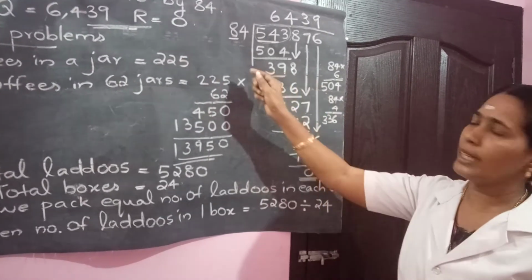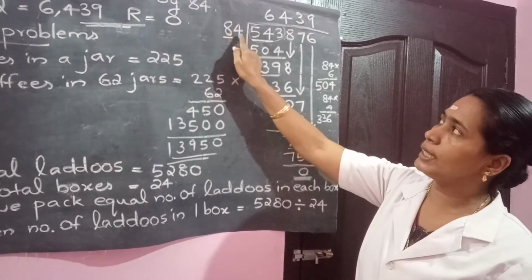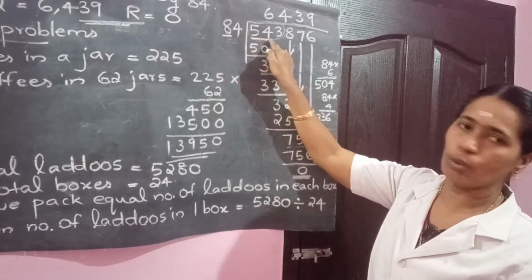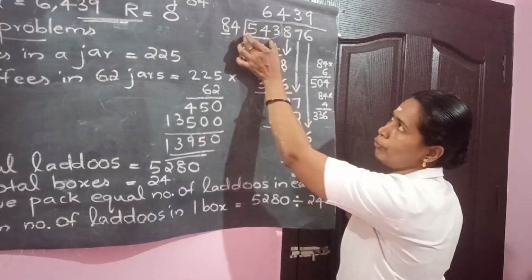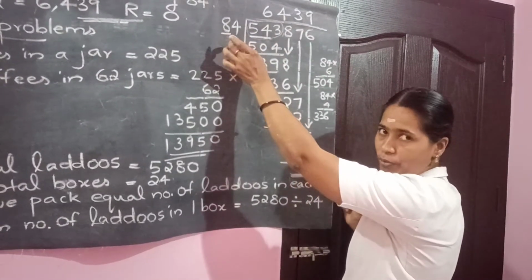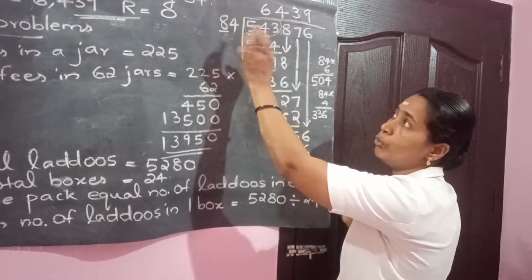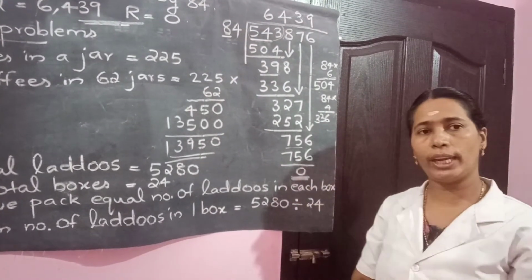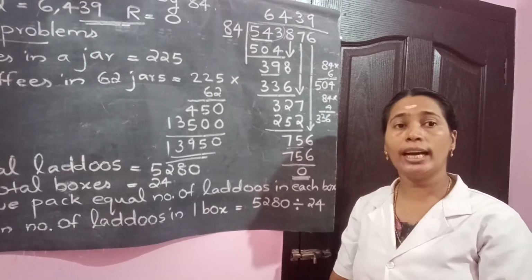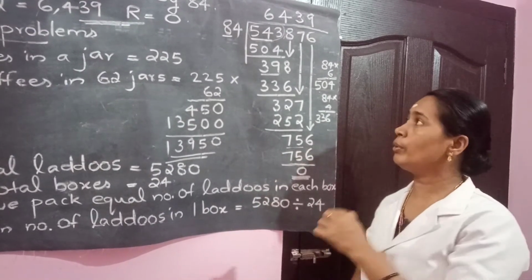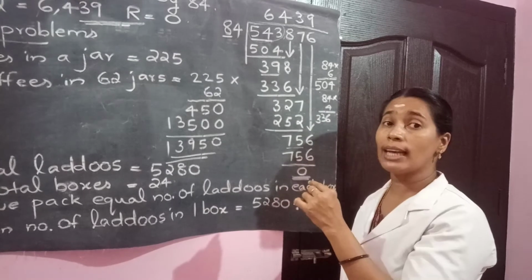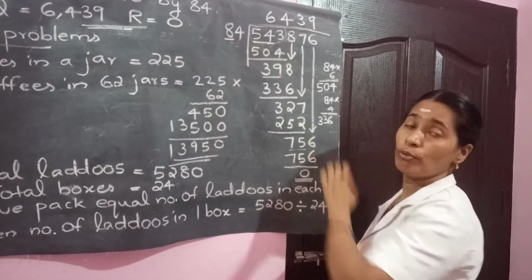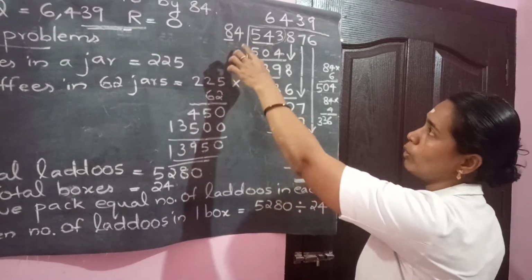Okay, the method is, teacher has underlined 8 from this 84, and underlined 54, and find out 54 is a multiple of 8 we know. 8 into what number is nearly equal to 54? Go through the table of 8. We can see that nearly 6, because when you take 7, 7 8s are 56 we will get. But we need only 54. So you think about 6.